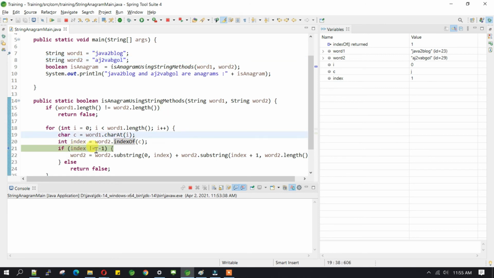Now we are checking index is not equal to -1, then we are doing this substring. So let's see what happens to word2 when we do this whole thing. You see, J is gone from here. So you need to just keep on running this loop, and you see one by one all the values will go.